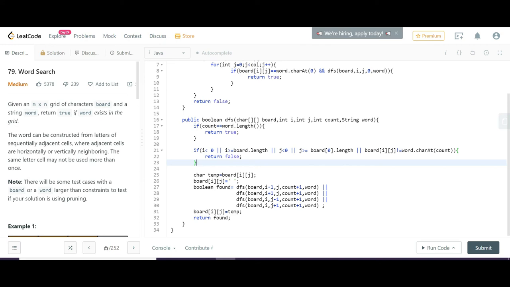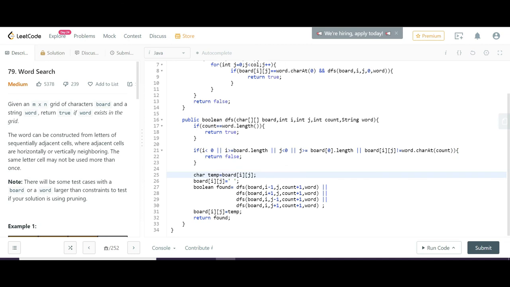At that time we can't go in every direction. Maybe only 3 or 2 directions we can go, because some will go out of range. So suppose i is less than 0 or i is greater than or equal to the board length, same for j also, or the value is not present, meaning the next letter I am searching for is not at that position, then you have to return false. We will not continue on that path.